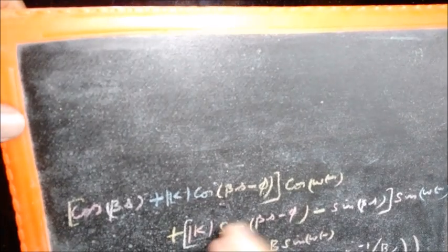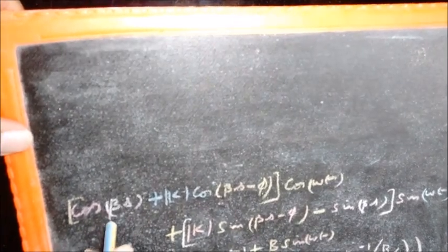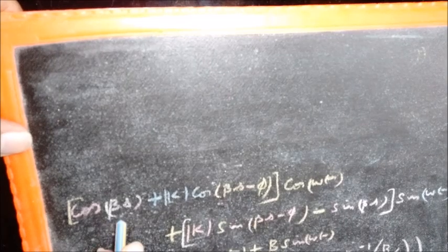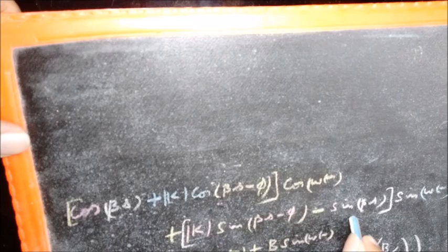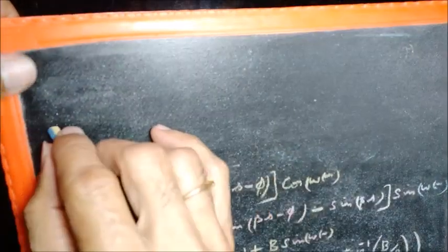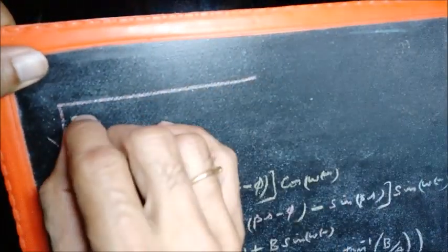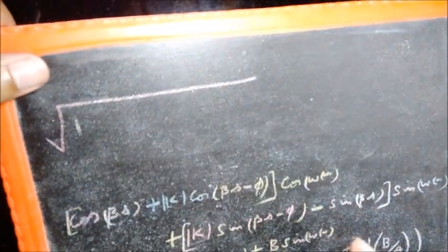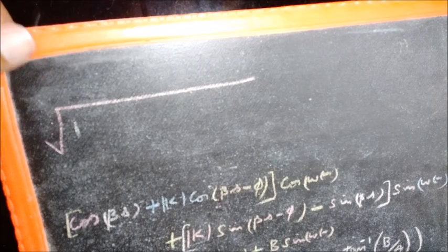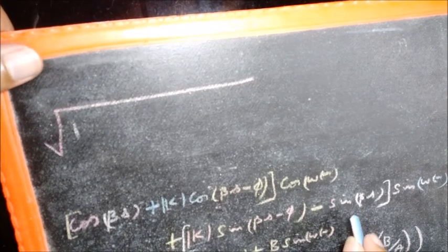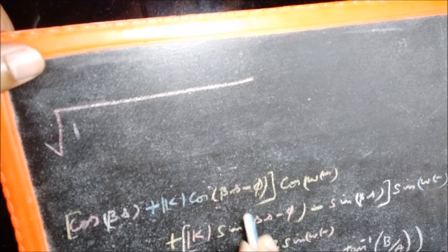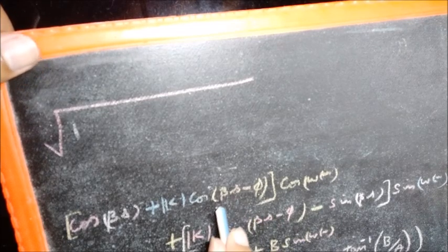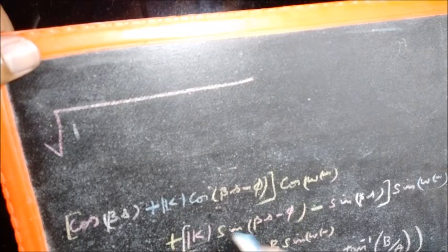It's a simple thing. So we'll do it. Cos square beta s will be there when you square this. Sin square beta s will be there when you square this. So cos square beta s plus sin square beta s will give us a 1. So under root 1. I'm avoiding writing the whole thing, square of this plus square of this, and then simplifying it. So cos square plus sin square gives 1, and then square of this and square of this will be there, right? So square of this plus square of this will be magnitude k square,